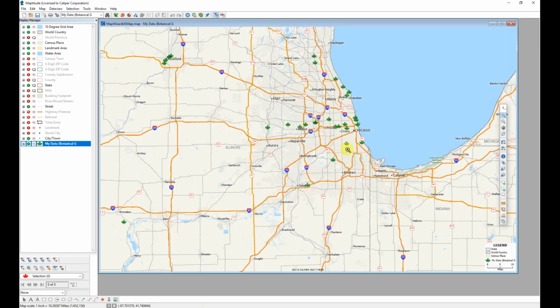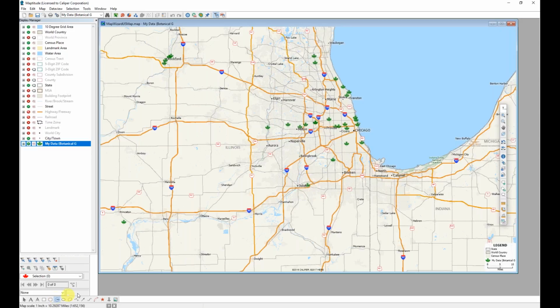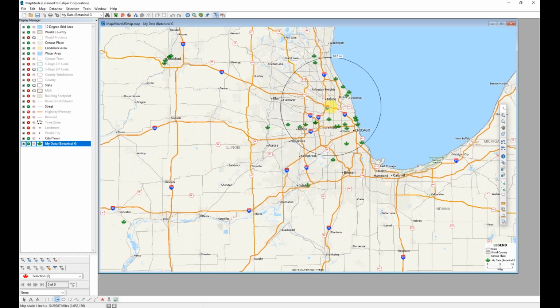So now that this map is zoomed to Chicago, I am going to use the freehand radius tool found in the drawing toolbox in Maptitude to click on my starting point and enter a radius that I am interested in, in this case 20 miles. Maptitude draws a circle that is 20 miles,